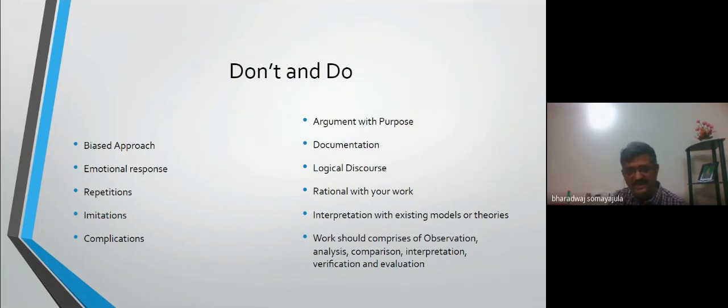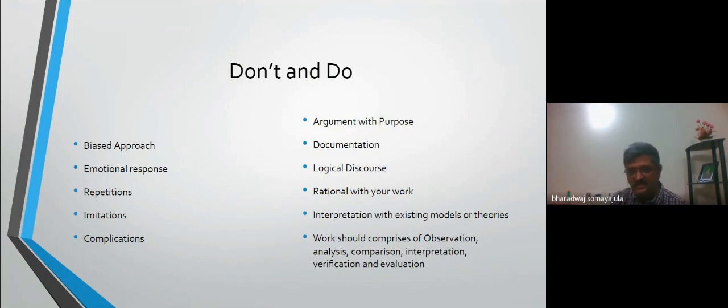There should be some limitations, and the complications, if there are any, have to be addressed. For example, if your college is sponsoring the research but you are not citing it, that becomes a complication. If some other person is contributing to your research and you're not giving acknowledgement, that becomes a complication. Please don't do all this left side thing. That's why I kept it on the left side. Don't do it. The right side is the right one, the things you have to do.